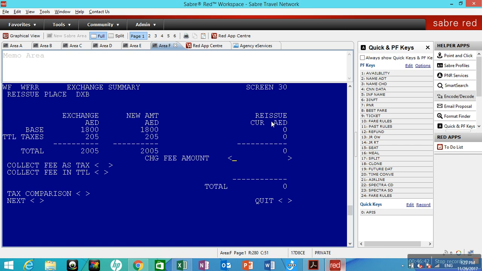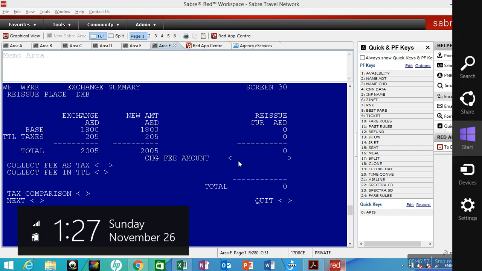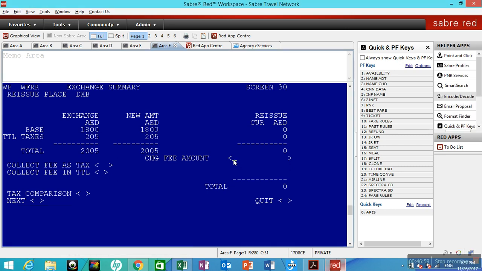So luckily there is no difference of fare because of the same business booking class. If I had taken any higher class, definitely it would have been given me any difference of fare. So hence there is no difference of fare. If there is any penalty applicable, you put the penalty over here, put the text code, whatever airline has asked you, Charlie Alpha or whatever. Put X in next,